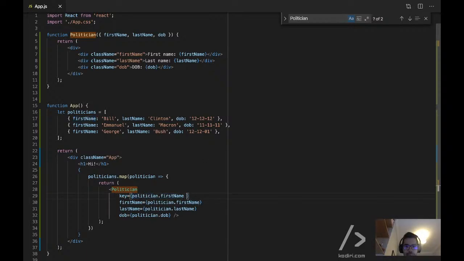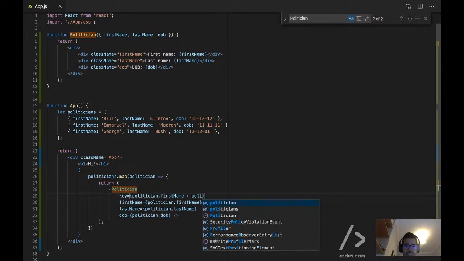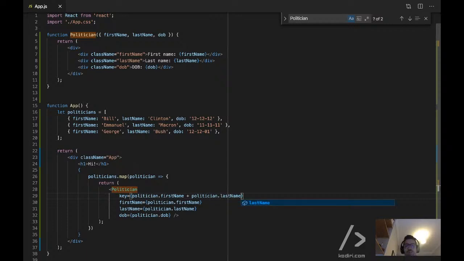Yes, I mean, technically speaking, we could do first name plus last name, right? But still, is that rocket science? No, because two politicians may have the same first and last name. Think George Bush, right? George Bush Senior and George Bush Junior. Feels a bit weird to call Junior someone at 85 years old, but you got the point, right? We may have multiple elements with the same first and last name. So if you don't have any obvious way to determine what the key should be,